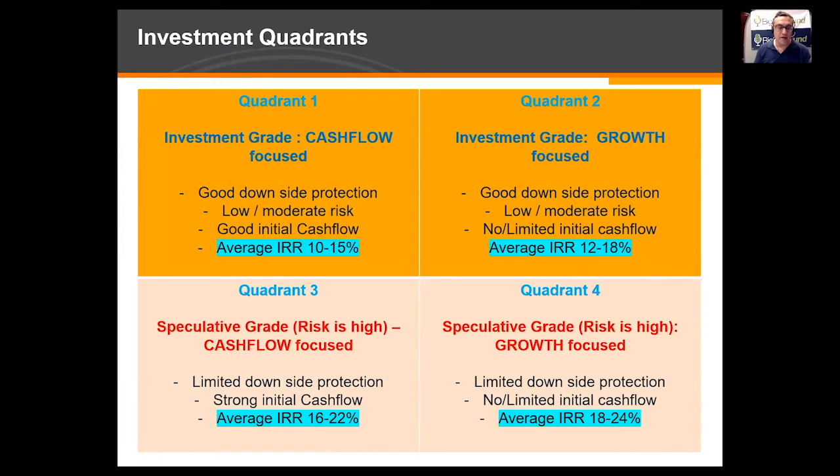Or they could be highly leveraged syndications, where the leverage return on equity is high, but the leverage is so high that when the market is stressing the project, the cash flow will go away very quickly, and they will be running low liquidity and it can fall apart. So they're speculative grade. Also, quadrant 4, if we look at that, that is a lot of ground up projects,